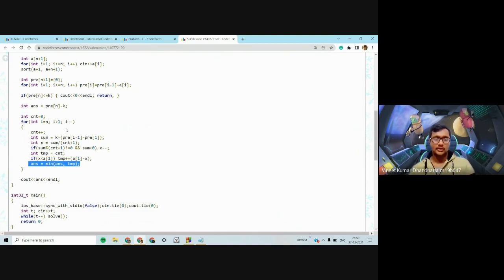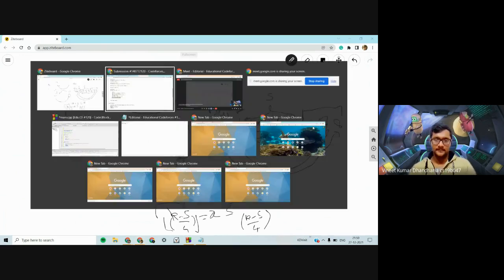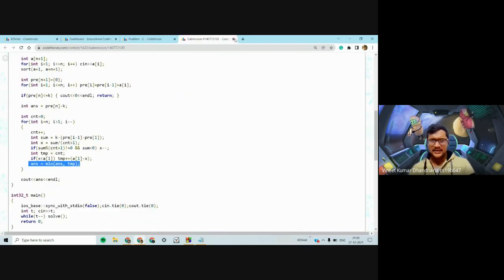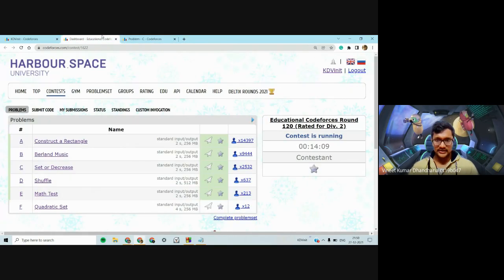So again, you can see it's kind of a brute force on the number of elements we try to do the assignment on. This was another kind of greedy technique. I guess the important thing was to see that you can brute force on the number of elements you would assign, like do the assignment on. Okay, let's go on to the next problem.